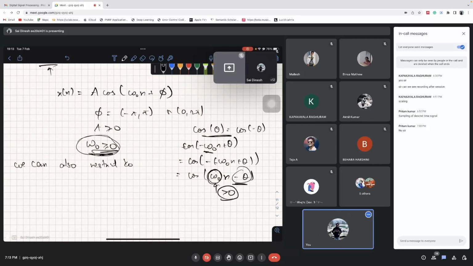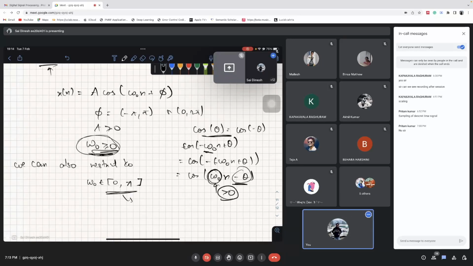Anyone? Anyone? 0 to 2 pi. Sorry, can you tell it a bit louder, please? 2 pi. No, it is actually pi. 0 to pi is sufficient here, because